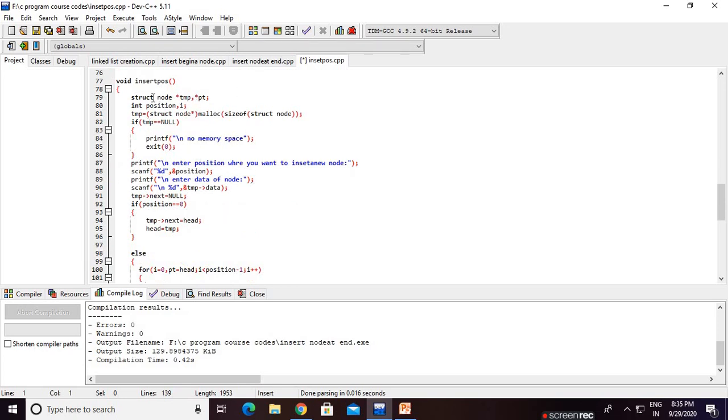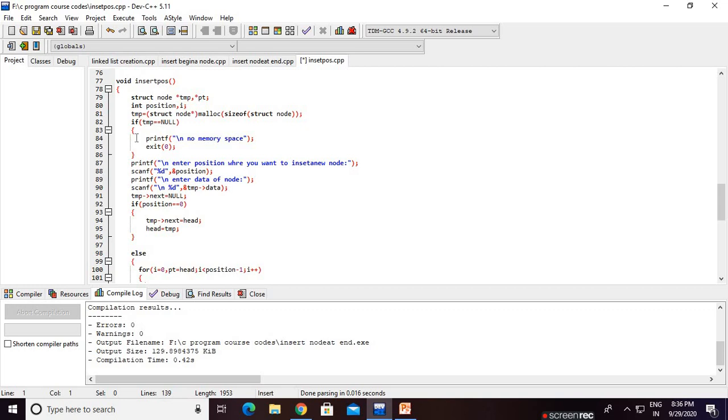First I will explain, then we'll trace the code. Taking two pointers, tmp and pt, and two variables, i and position. We allocate memory for temp, which behaves as a node. If temp equals null, is this condition true or false? False, obviously, because we allocated some memory.